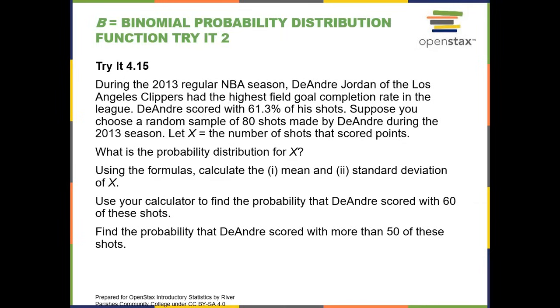Okay. Now we are going to go to the standard deviation. So second button and x square button, halfway down in the first column on the left, gives me the square root. Inside the square root, first thing is 80 multiplied by the probability of success, which is 0.613, then again multiplied by left parenthesis 1 minus 0.613, because 1 minus 0.613 is the probability of failure or q, and then hit enter. So the standard deviation is 4.356.